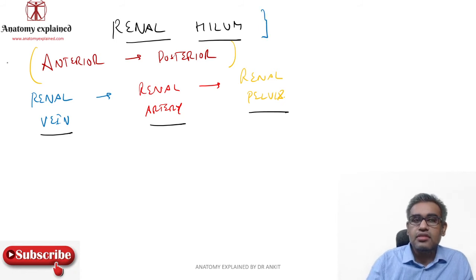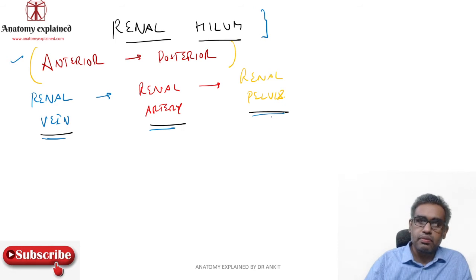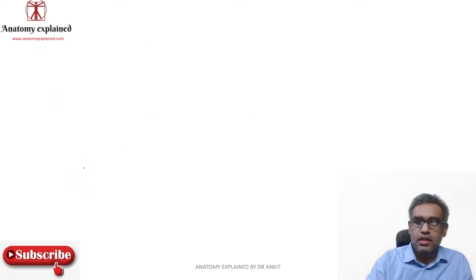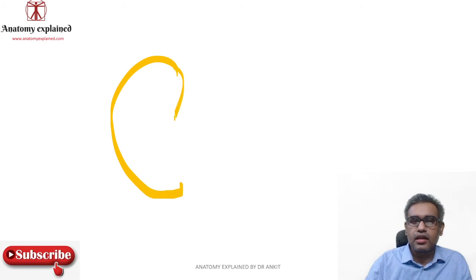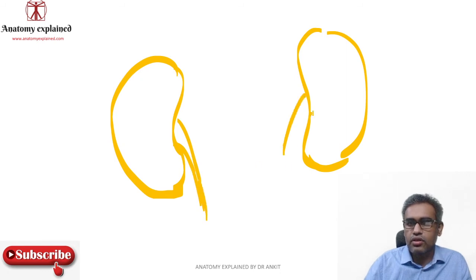So in the renal hilum, from anterior to posterior, the main arrangement of structures is: most anteriorly you have the vein, behind it you have the artery, and behind it you have the pelvis. It is remembered as VAP, that is vein, artery and pelvis. So if we try to make the kidneys over here, the right kidney over here, and slightly higher up, the left kidney over here. What is the most posterior structure? The renal pelvis. So let us make the renal pelvis continuing down as the ureter, just to show you the arrangement of the structures.